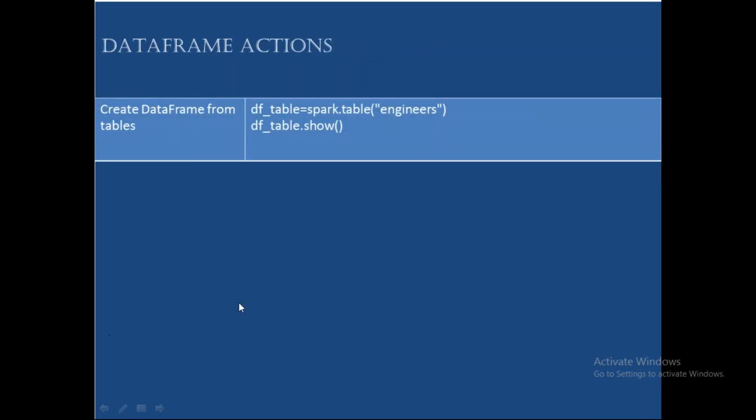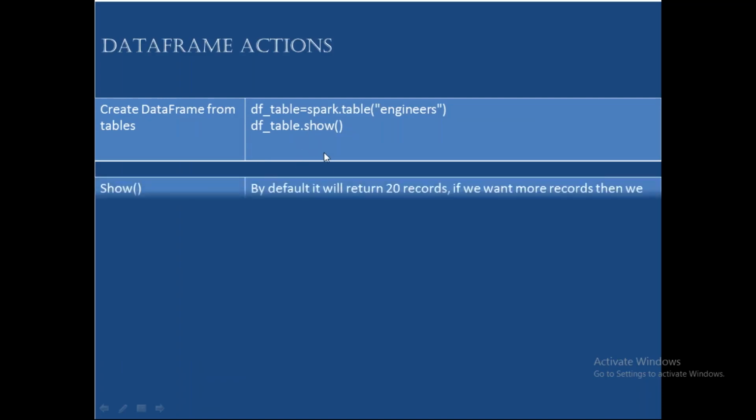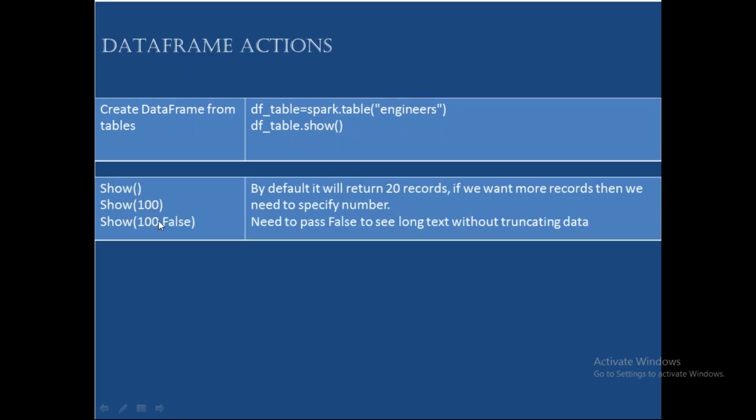Data frame actions. Let's say now I want to, this is the show. Show means it will show the data. Show of 100 means, by default, if you say show, it will show only 20 rows, 20 records. But when I say show of 100, it is going to show me up to 100 records. Show 100 comma false means, let's say you have